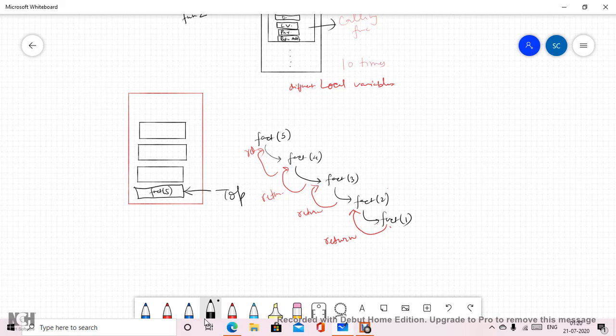So it will provide me the result, and once the function exits, it will return, and the overall memory allocation for this function is completely removed from the program memory stack.